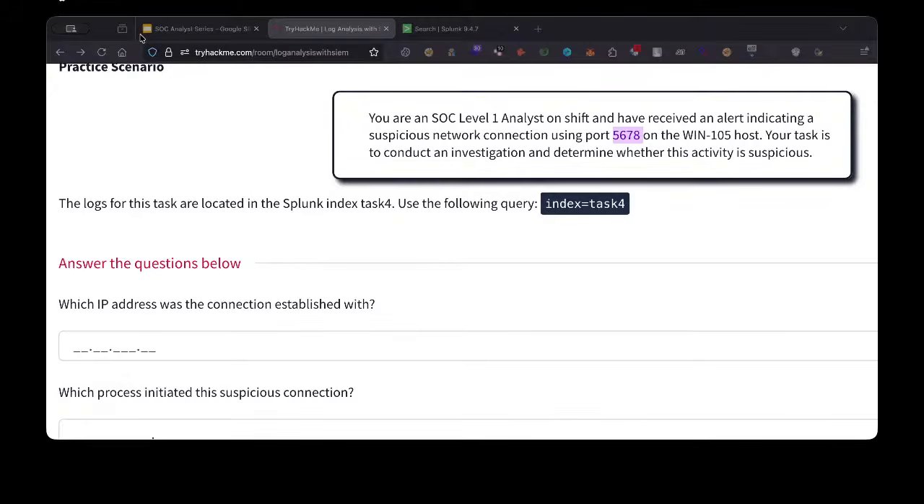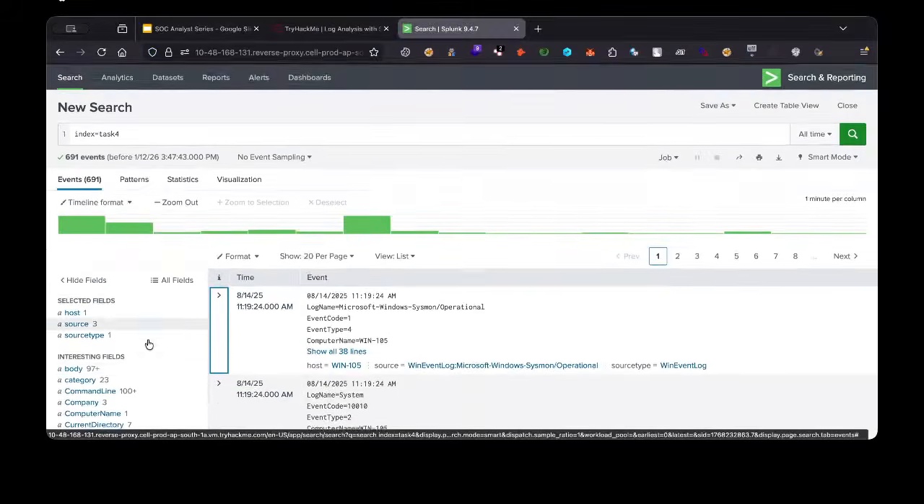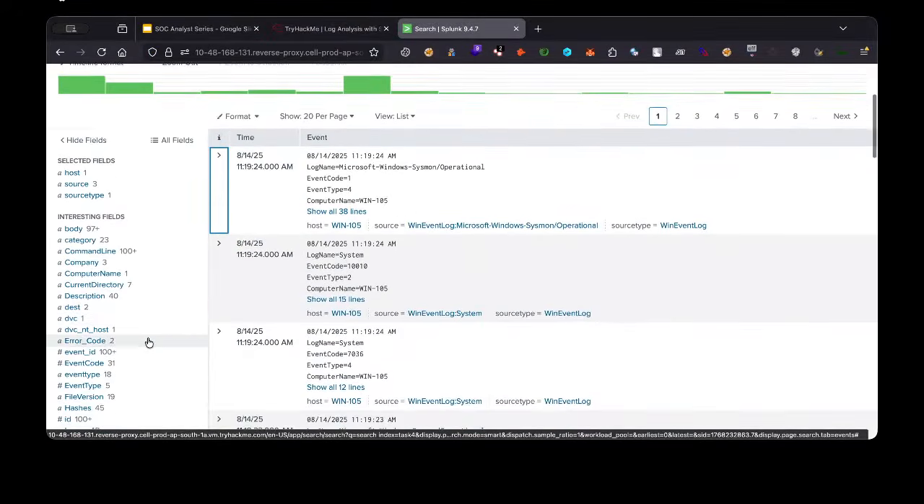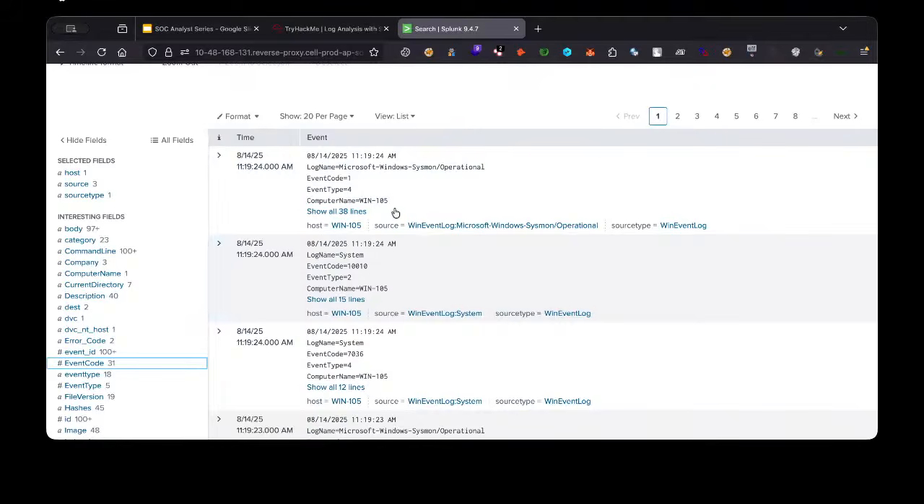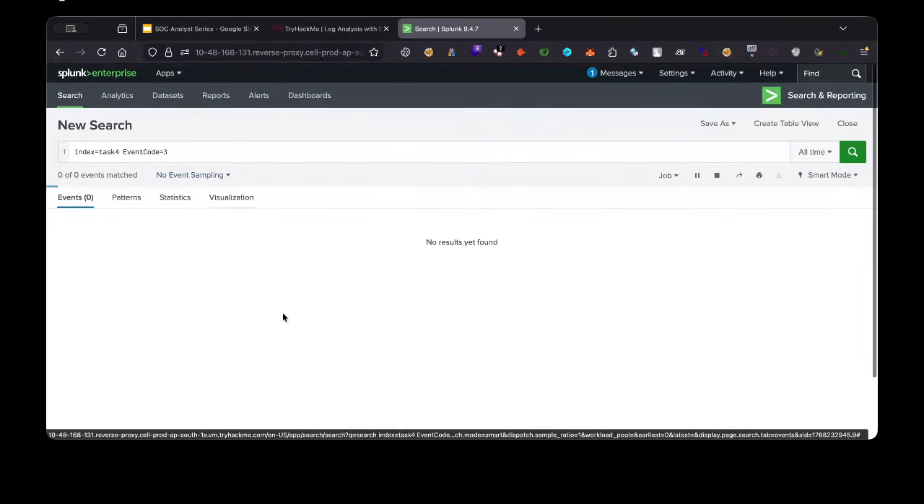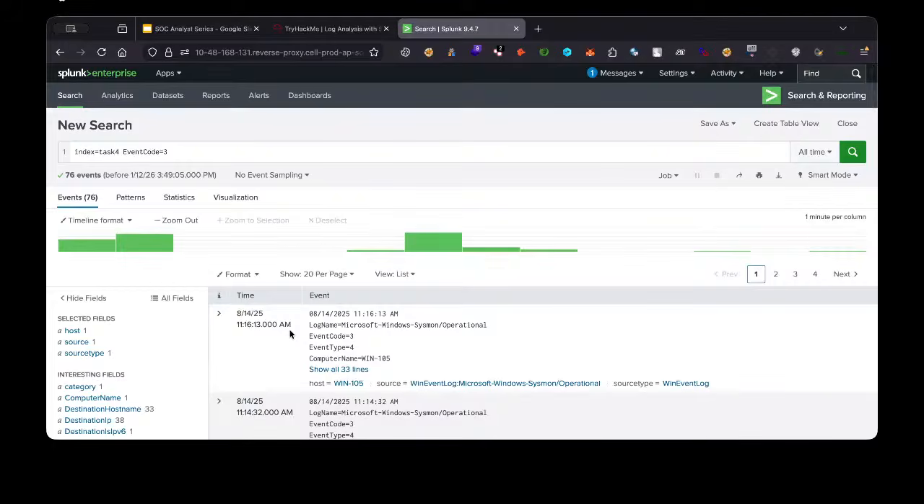Okay, so we can filter it out with the event code. Suppose I go with the event code; there are some event codes. I'm checking with event code 3. In event code 3 you will see there are 76 logs. But if we filter with the